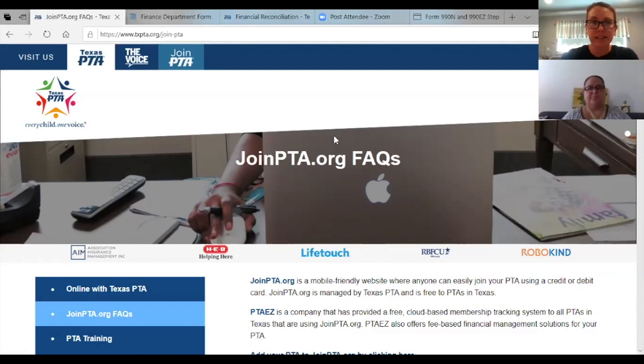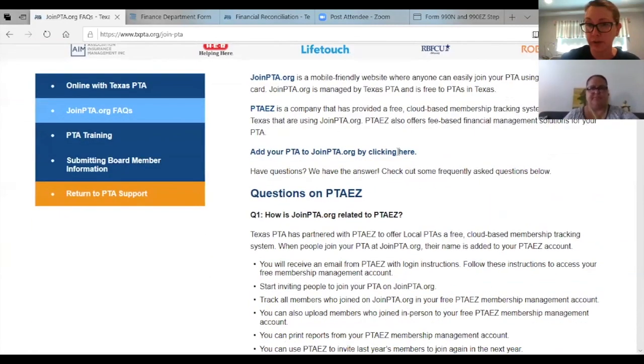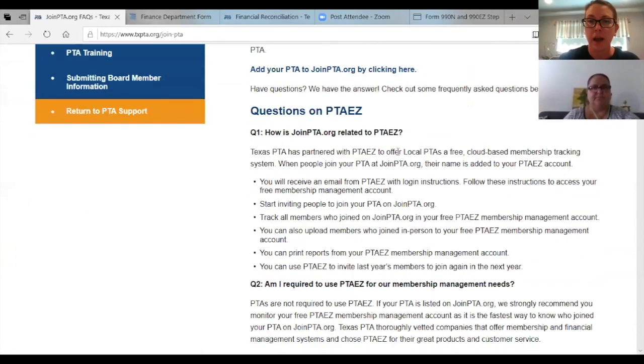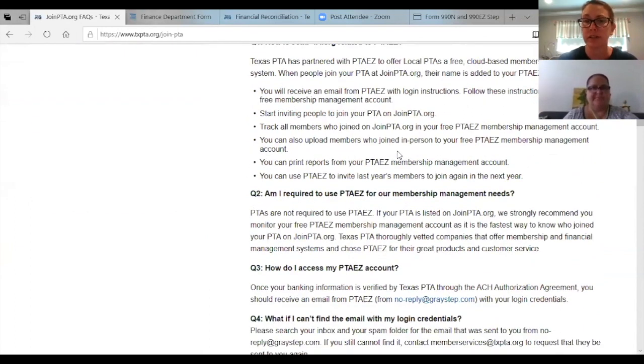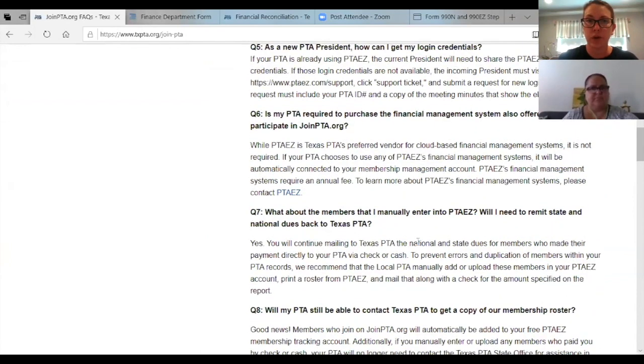You're going to go to texaspta.org/join-PTA. This is all your information about why you want to join PTA EZ. You don't have to do the accounting if you already do another form of accounting like Membership Toolkit or QuickBooks. This is basically just so that you can get your membership dues if anybody in the state wants to join your PTA. And so you're going to go down under